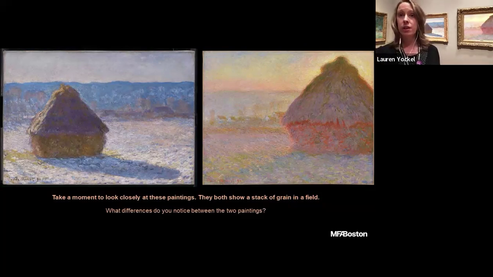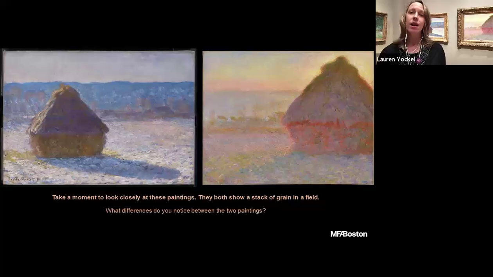We're noticing some differences in the colors. Somebody described that as the painting on the left having more blues and the one on the right having more browns. And I think somebody else in the chat earlier described that in a different way and said one has cool colors and one has warm colors. Oh, somebody's noticing the painting on the right has a sunset. And more people are agreeing that these are probably different times of day, different colors, and maybe also different seasons. So somebody says, I think one might be in the summer and one might be in the winter.